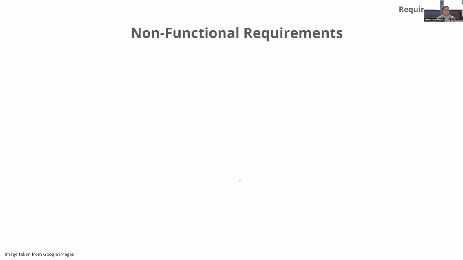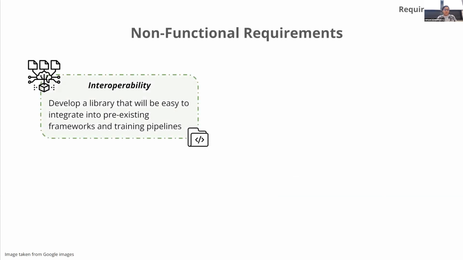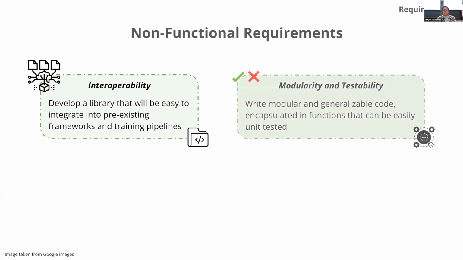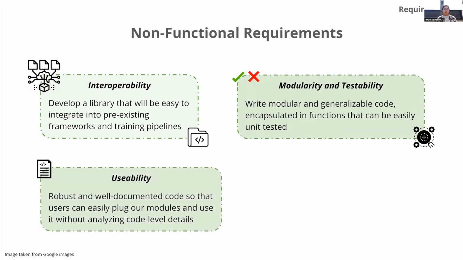Having discussed the low-level design, let's look at some of the non-functional requirements. The first one that we offer is interoperability, where the library can be easily integrated with pre-existing frameworks. We write our code in a very modular and encapsulated in function manner so that you can easily unit test it. The code is robust and well documented, and without looking at any code details, it can be plugged into